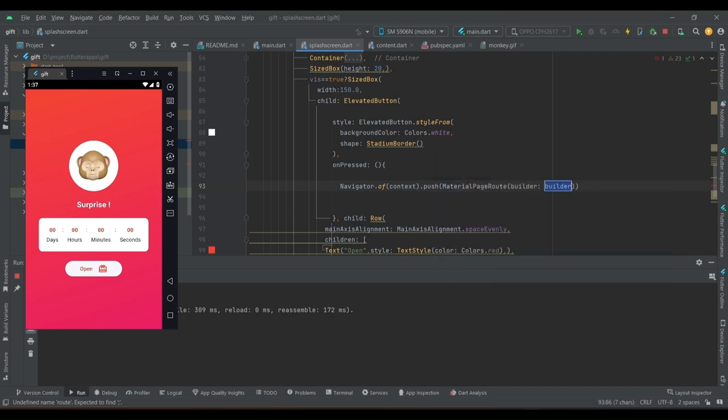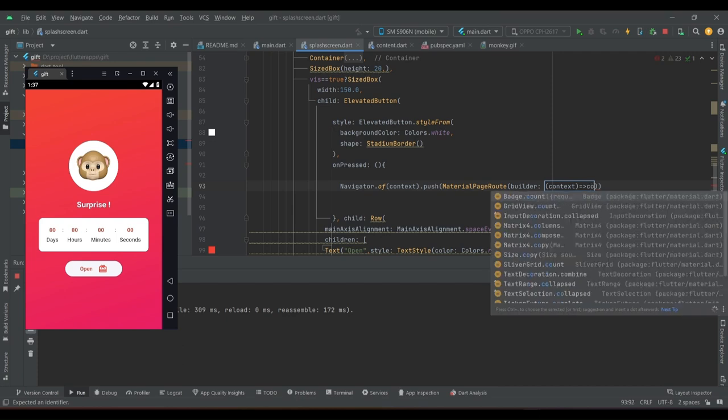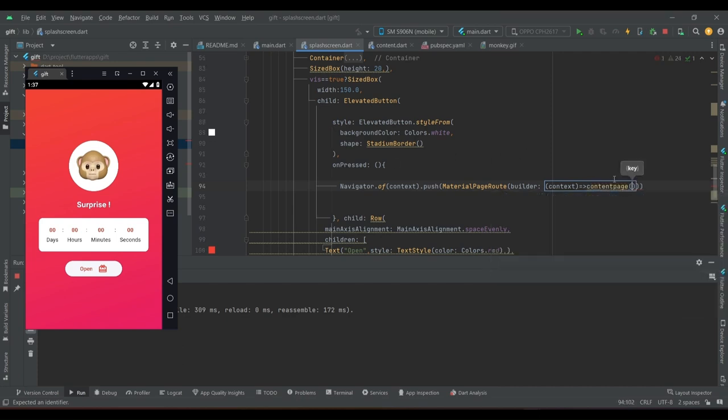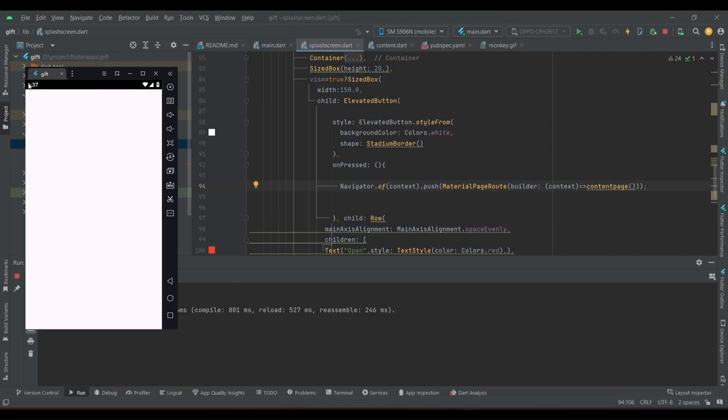material page route, context, hyphen the class name. So there we gave a content page, so here also we gave the content page. Let's save this. So now let's click the open. It navigated to the new page. Okay,